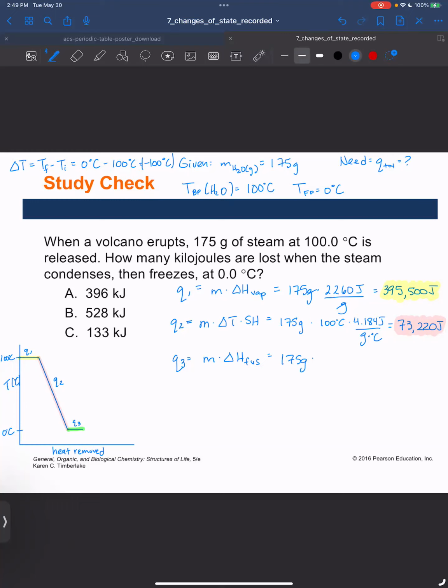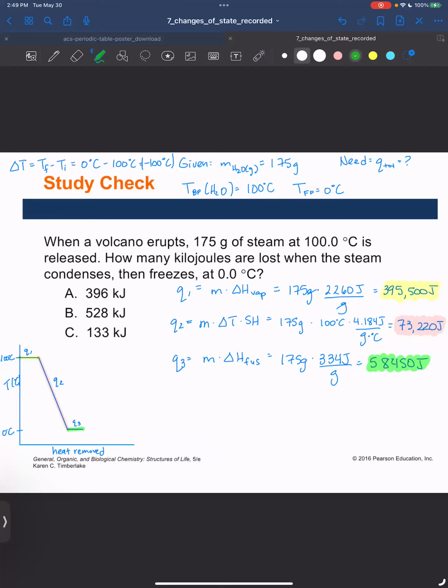We would have to look up the heat of fusion for water, which in this case is 334 joules per gram of water. And you would get 58,450 joules of energy required to convert all that liquid water and freeze it into solid at the freezing point